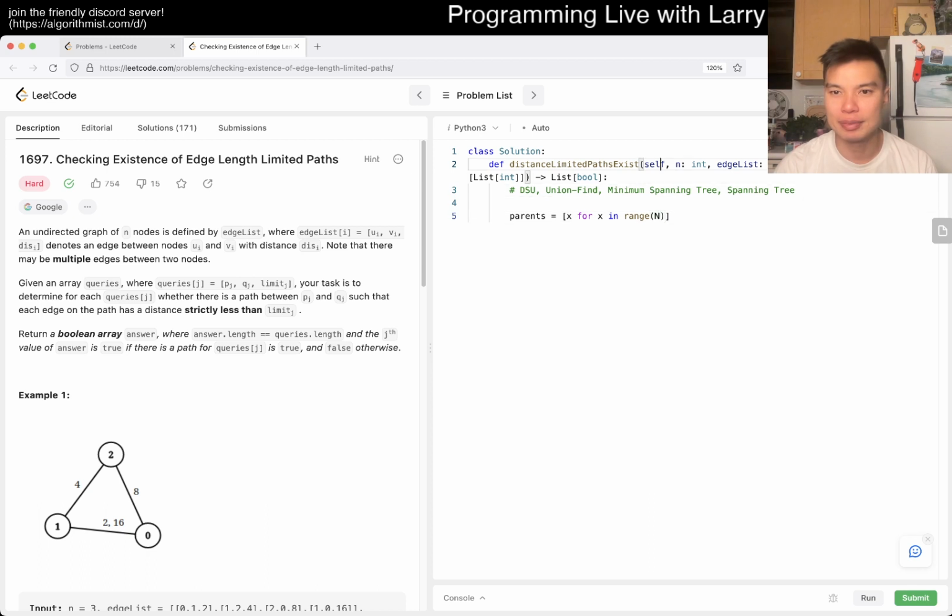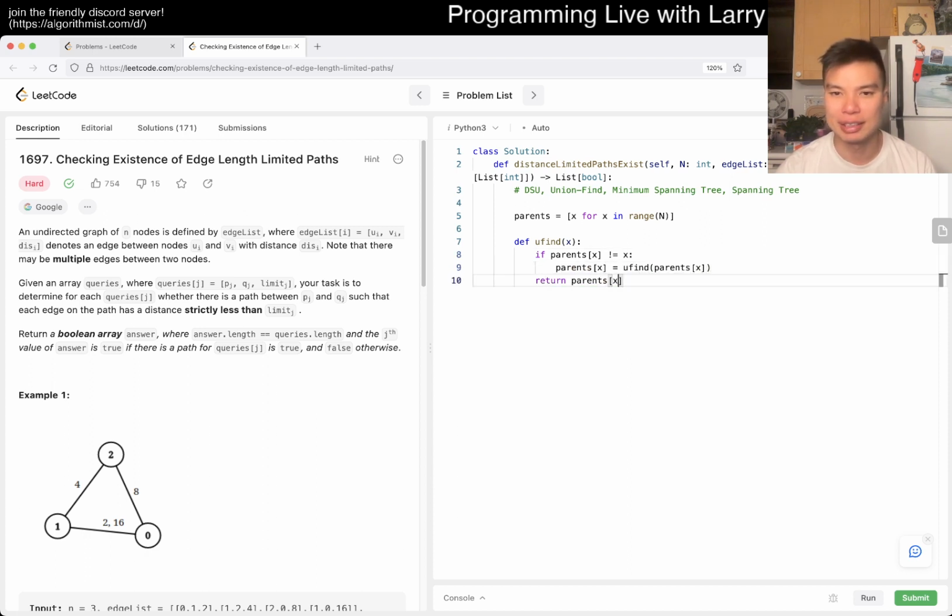So yeah. So basically here, for each tree in the forest, the node itself is the root, the representative root, and then I have 2 functions, union and find. For find, we just say: if parents of x is not x, then parents of x is equal to find parents of x, otherwise return parents of x, right? So this is almost like a memoization. I write it this way, it's a little bit confusing if you haven't seen it before, but the idea is